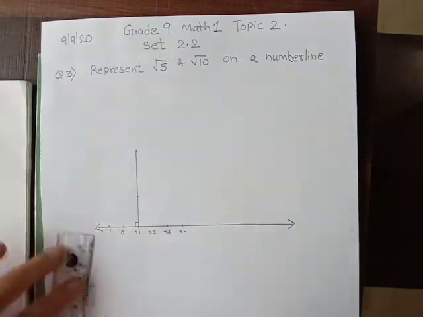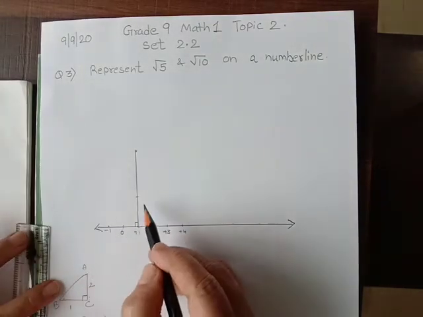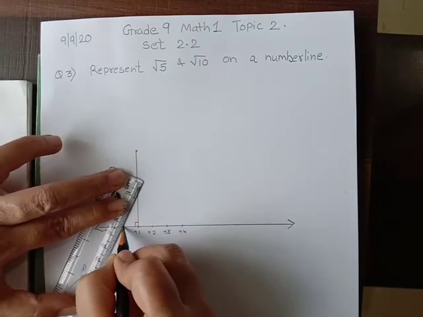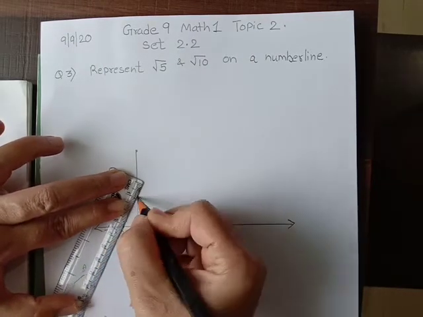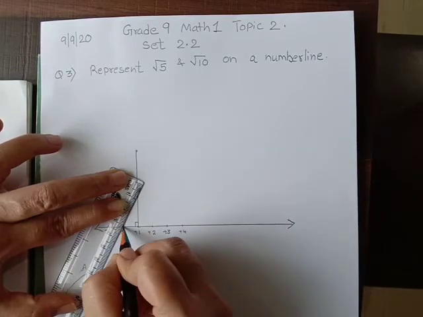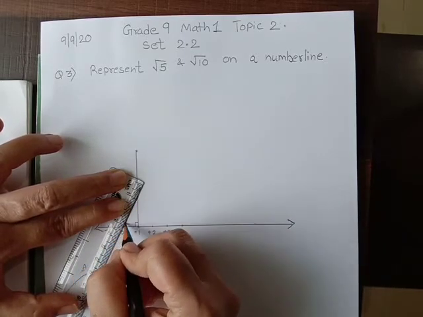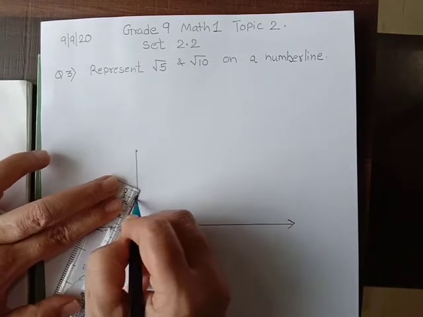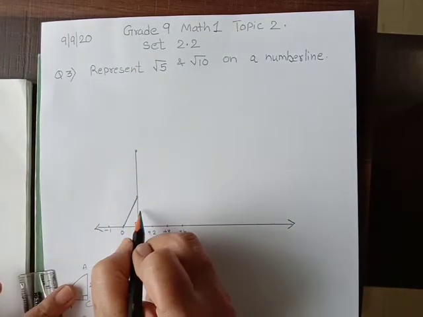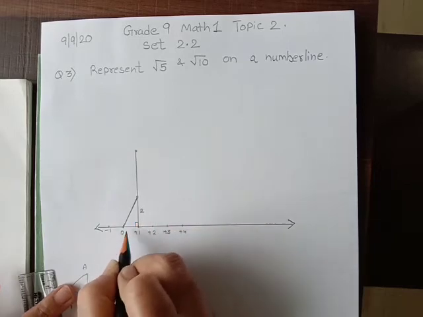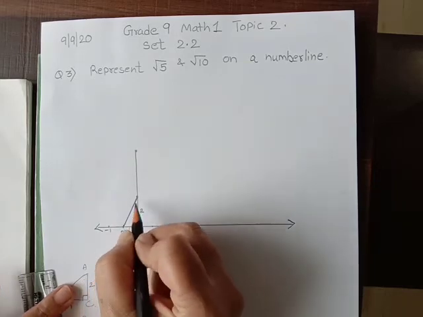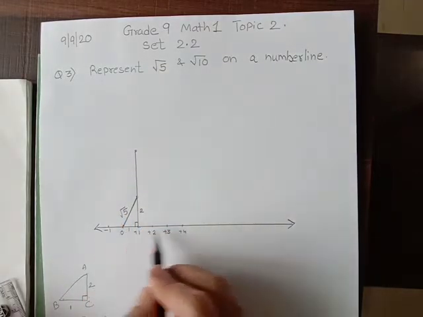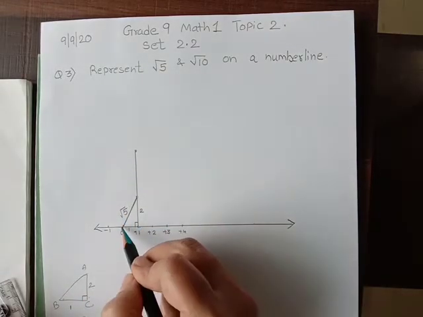Now I am going to join. This is my point A. This point A, I got it over here. So I am joining this with the 0 mark. Okay. Done. So 2 I have joined with 0. Now this is 2 centimeters, this is 1 centimeter, and this will automatically now be root 5. But I want it on the number line, isn't it? This distance is root 5.